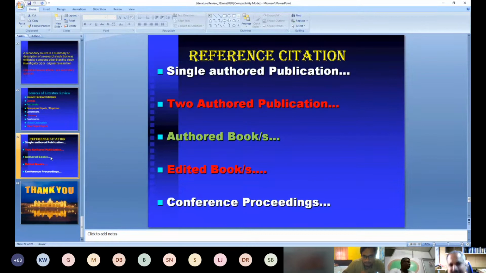So that covers when the source of the information is from a single author, from two authors, and from more than two authors. Now, when the source of the information is from a book, an authored book, since it is one particular author or a group of authors who have contributed the entire book chapters, and no other book chapter contributors are there, it is an authored book. So when you collect the information from the authored book, invariably you need to mention the name of the author,